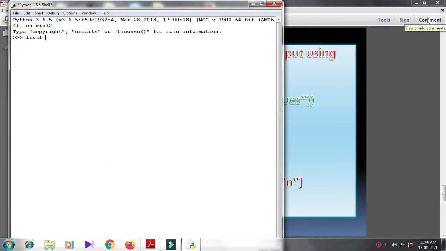Okay, list 1 equal to list of input, enter values. Okay, enter values, hi python, print